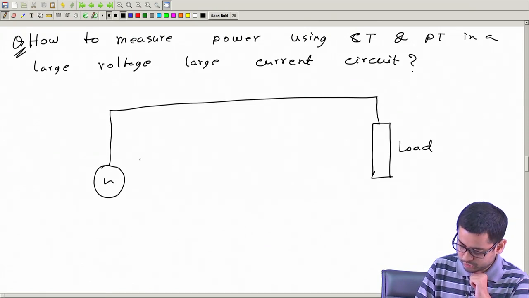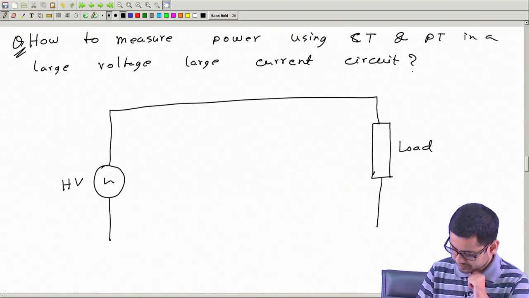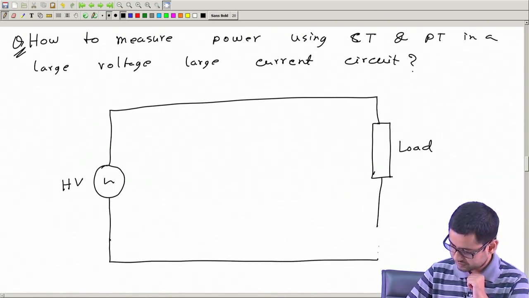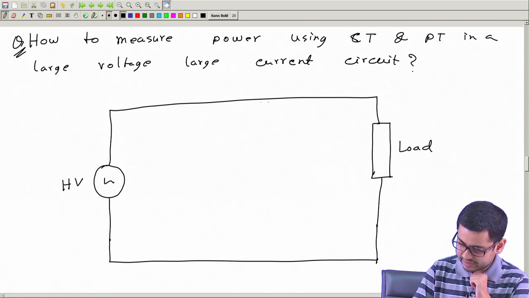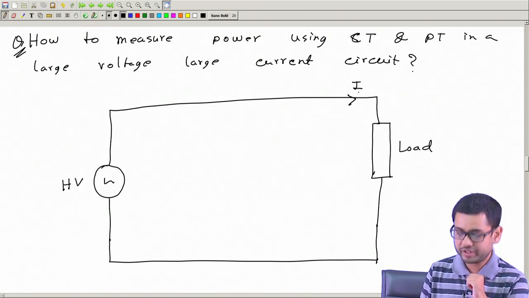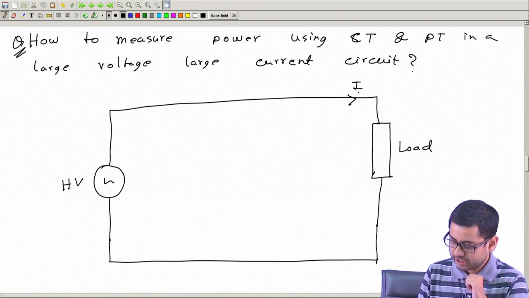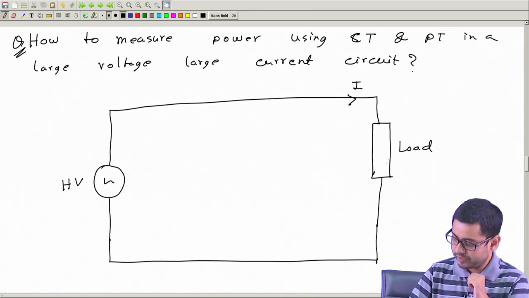So this is a high voltage which is feeding this load, and this current is also very high, a high current. And we want to measure, say, the